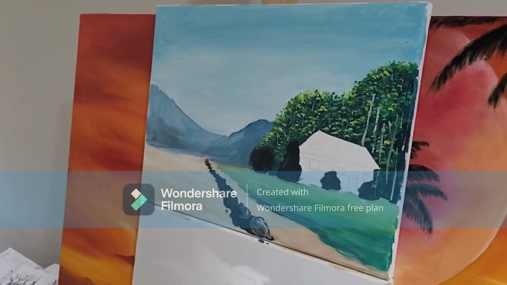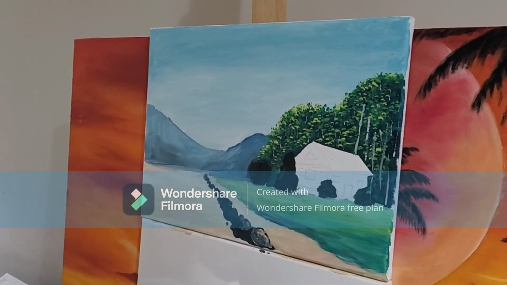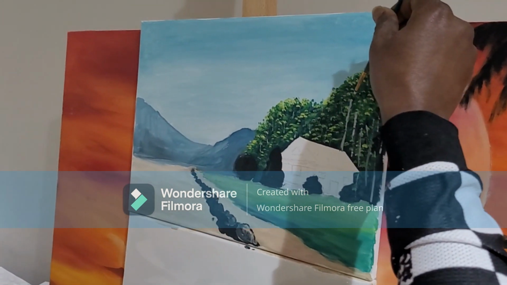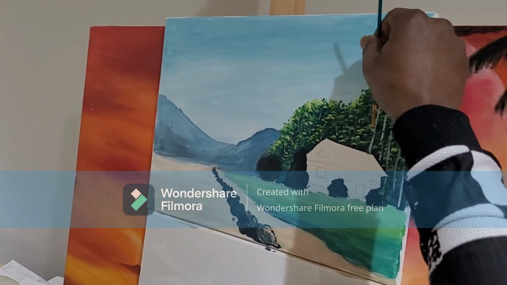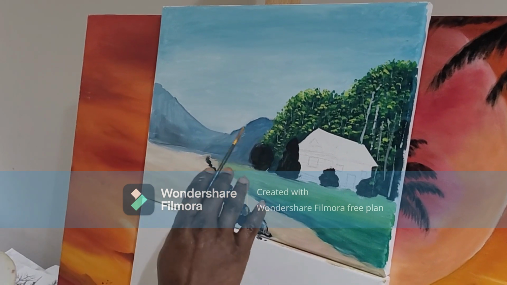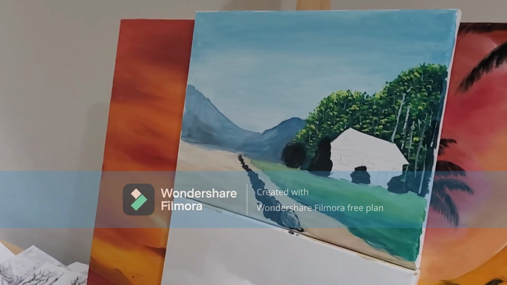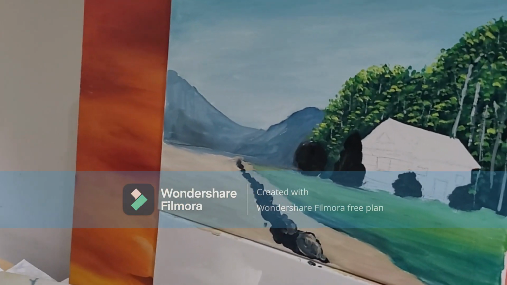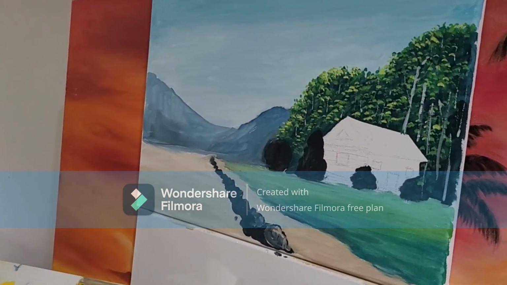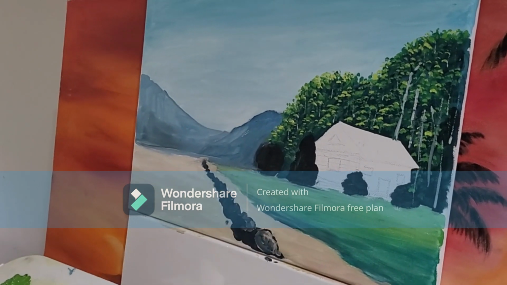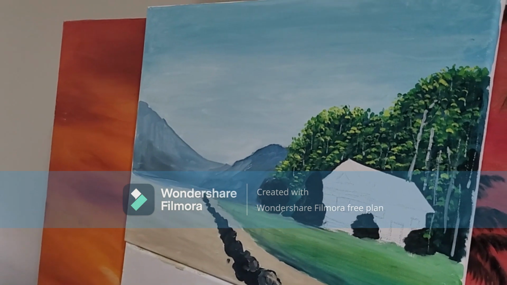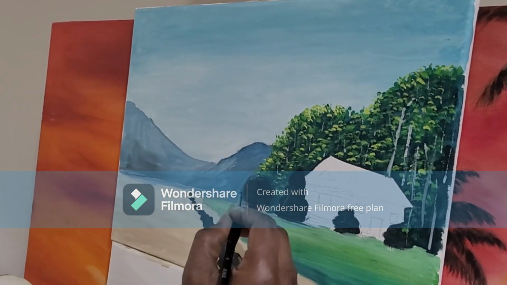You got it? So this is what we're going to do just for the branches. If we have to go into details, we still can go some more. But now we're done with the bush. I'm going to come to the mountains. I thought of doing the mountains, but now I'm thinking, let me finish with the bushes since I have the colors of the bushes already here. So let me do the sharps. These ones,